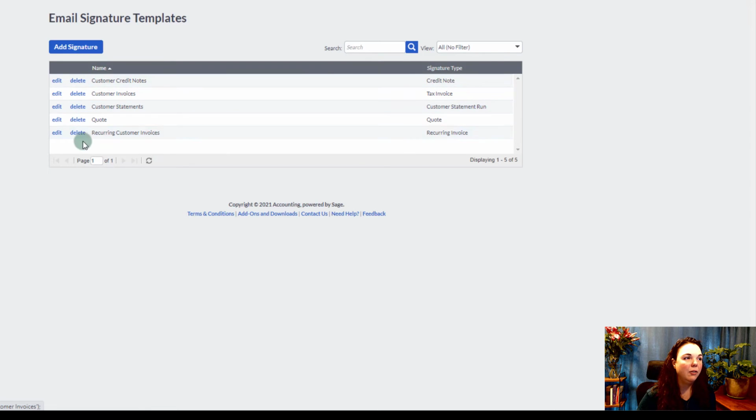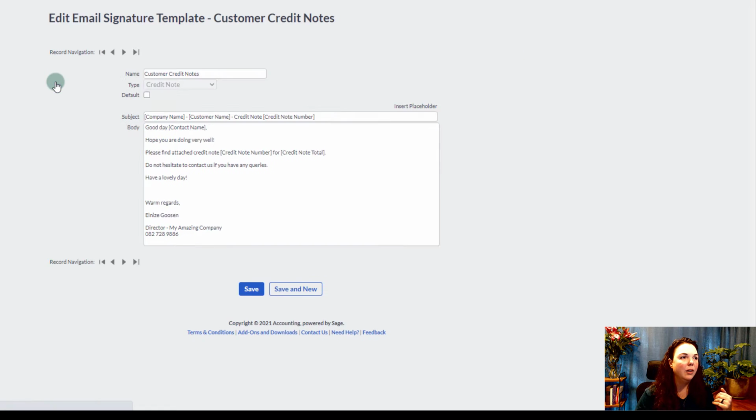So I've added a few signatures here. You can add your own types of signatures. As I mentioned, these email signatures are because you send your invoices and your statements and your quotes directly off the system. You won't download it and send it via an email that you normally would. It will go off the system immediately, so you would like to put in an email signature as well. So if we have a look, for instance,